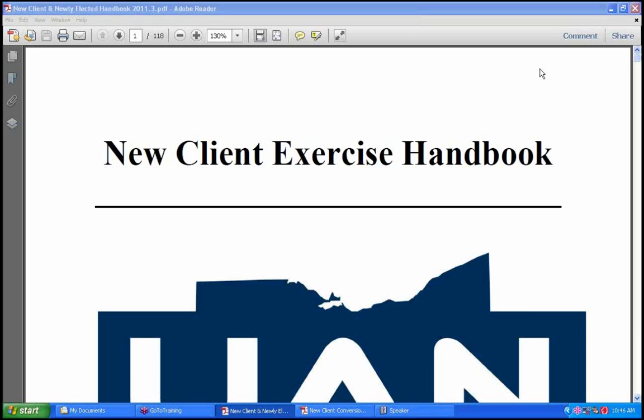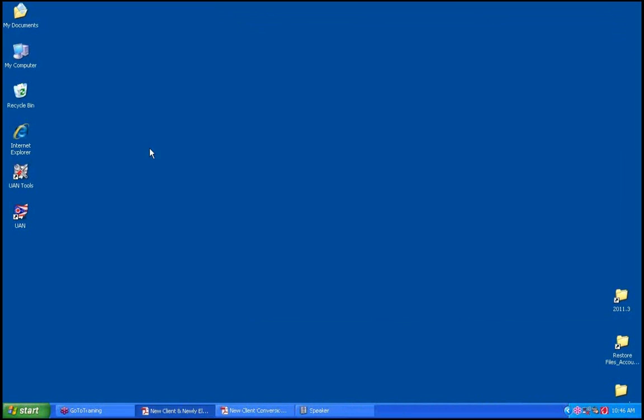Now, at the time of this recording, it's August 2011, and UAN has two versions of the software: the accounting-only version and the accounting and payroll version of the software. Now, if you want to make sure that you're watching the correct video for the version of the software that you're using, as we go through,